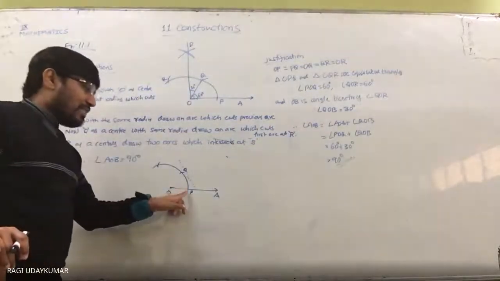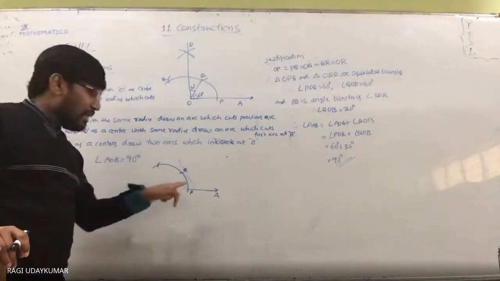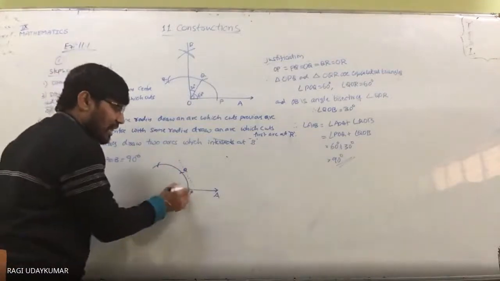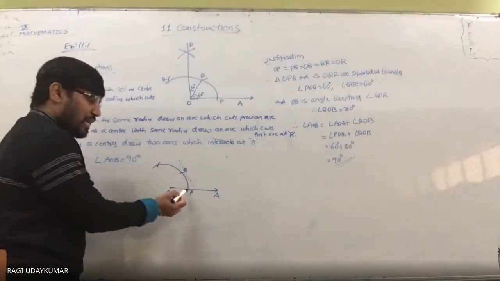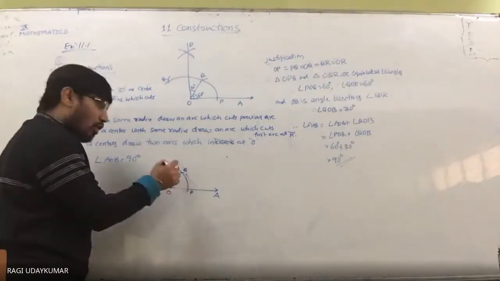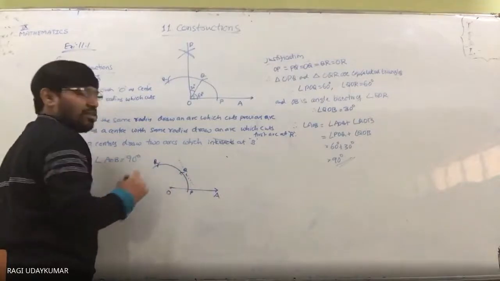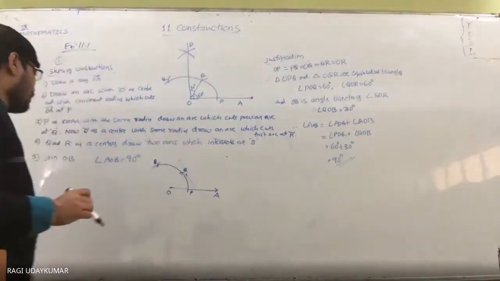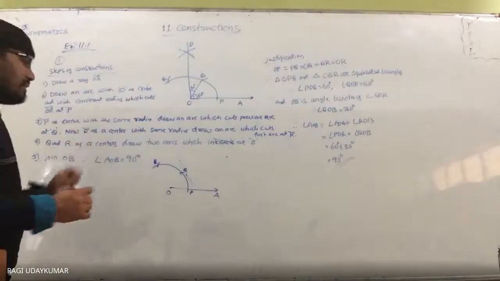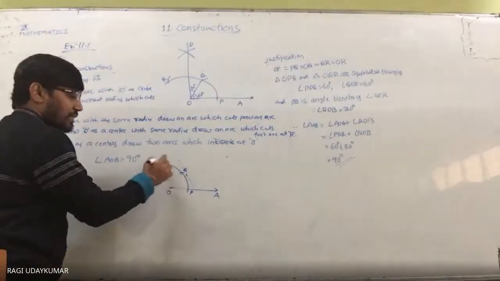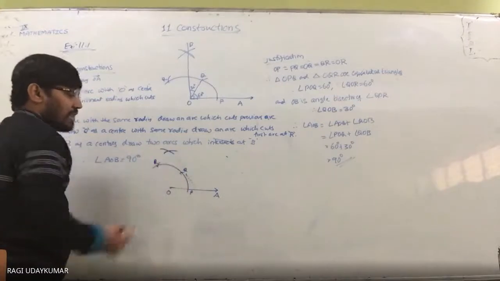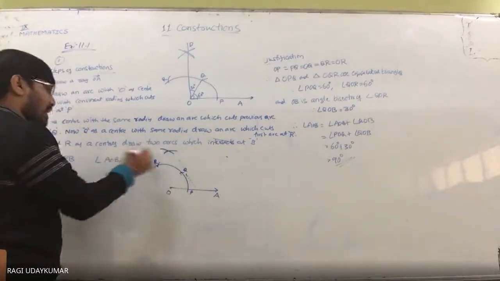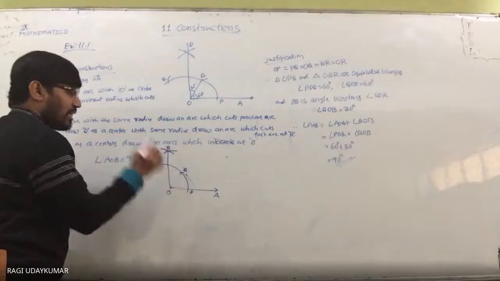Meaning here P as a center, two arcs we are not writing. P as a center, two arcs is nothing but here एक arc, नीचे एक arc, like that. But meaning is changing. P as a center, one arc here. Q as a center, one arc here. After drawing that, now Q and R as centers, ये दोनों centers को लेके you have to draw the two arcs like this, which intersect at a point B. So ये दोनों को join करना है.